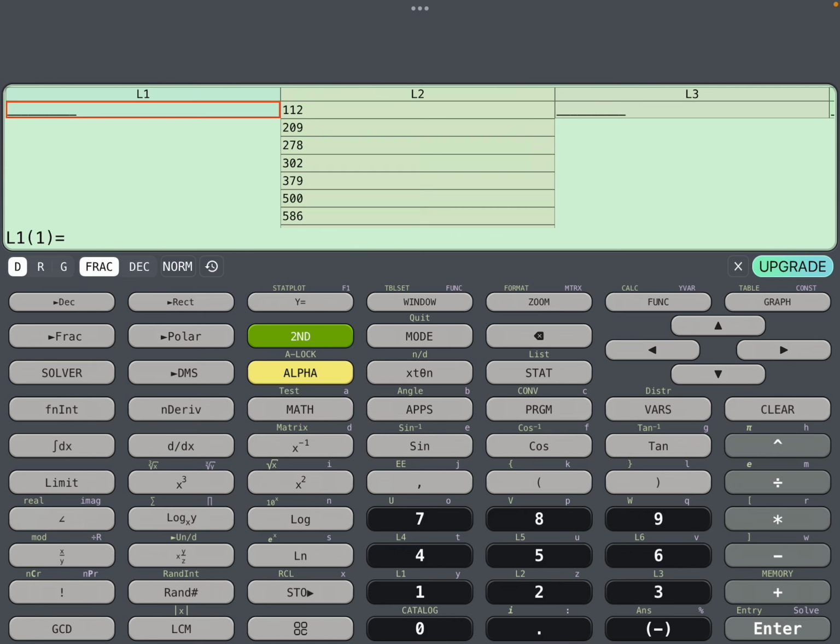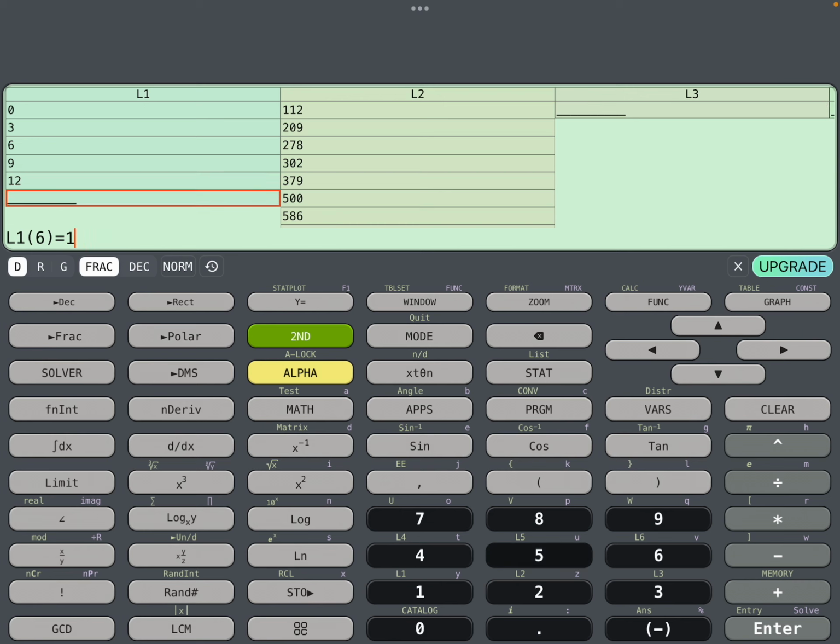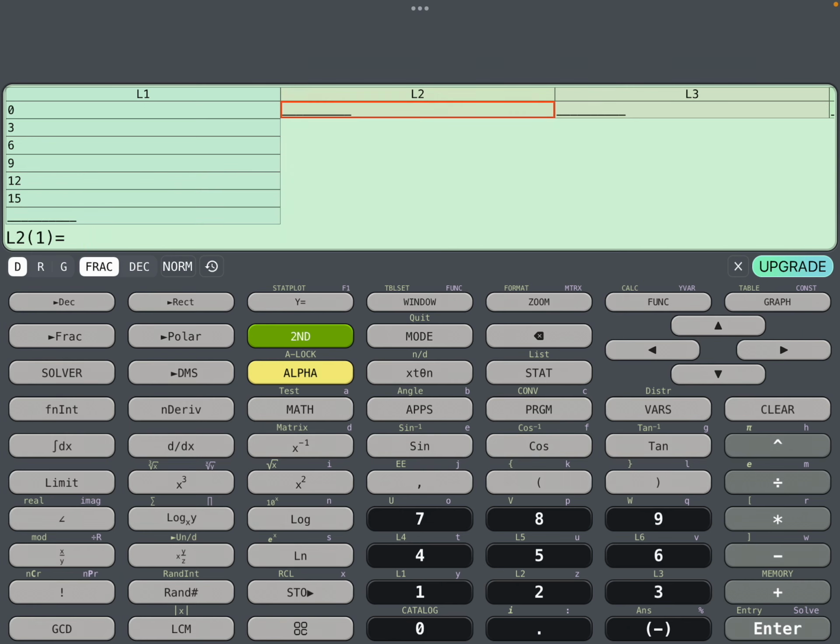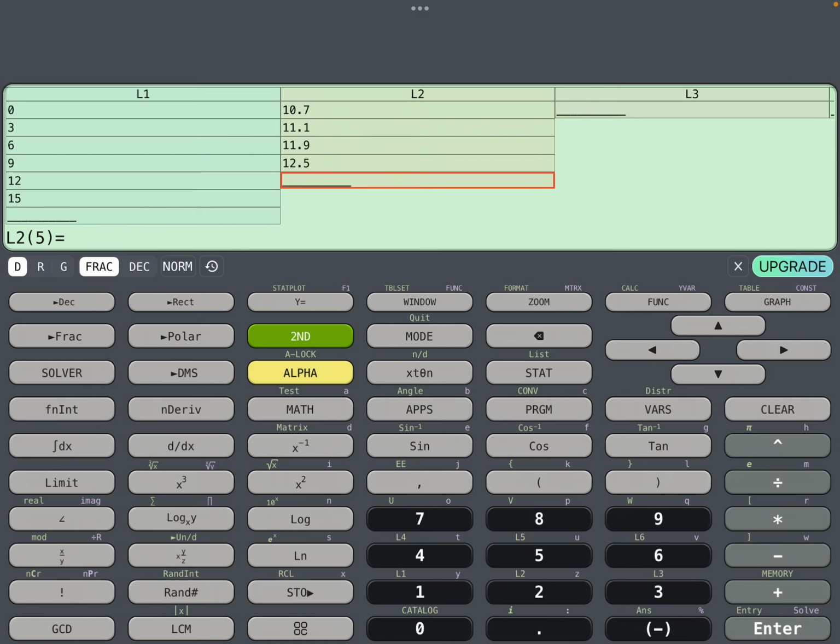So then typing in these X values here, or the years, it'd be 0, 3, 6, 9, 12, and 15. So multiples of 3 going up to 15. And clearing out L2, much speedier once I knew which button to push. 10.7, 11.1, and by the way, the order for these does in fact matter, so be careful about that. 11.9, enter. 12.5, enter. 13.2, and last but not least,